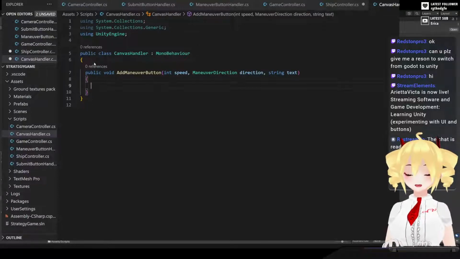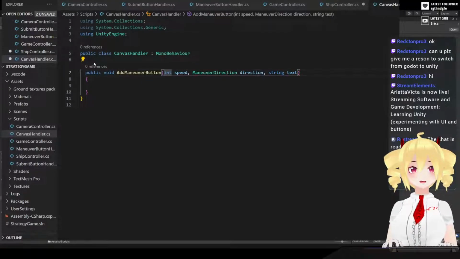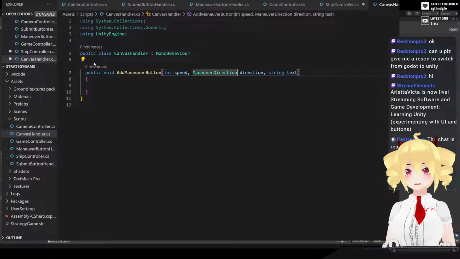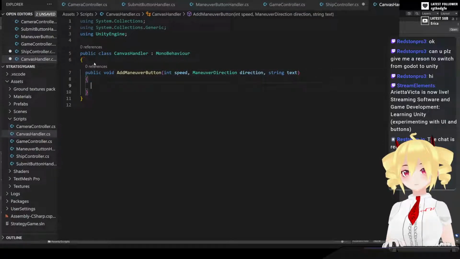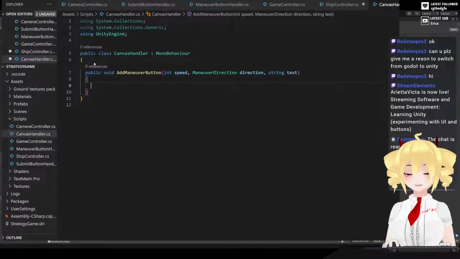And we're also going to have to do some kind of layout, but I could actually use the speed and direction to determine the layout. So anyways,